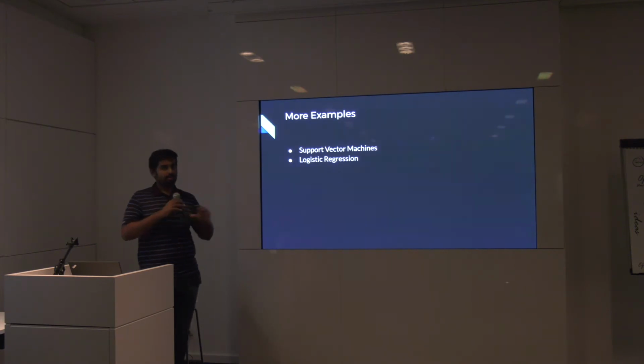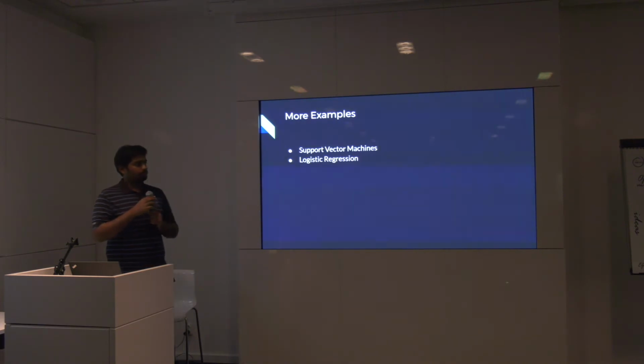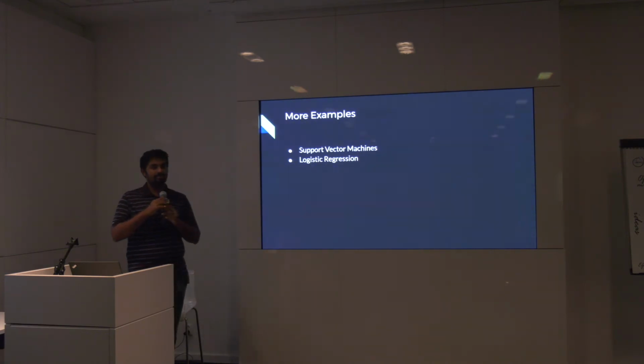So this gives you a probabilistic interpretation, which helps you give an idea of certainty. For example, if the output of logistic regression is 0.9, you can say that I'm 90% confident that this data point belongs to a class. A naive Bayes classifier is a simple application of the Bayes rule.